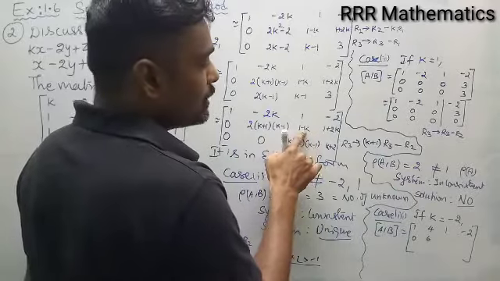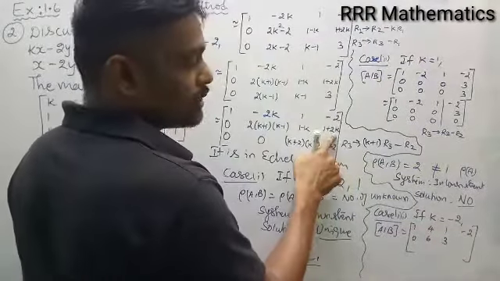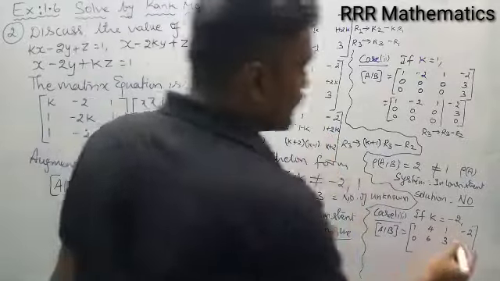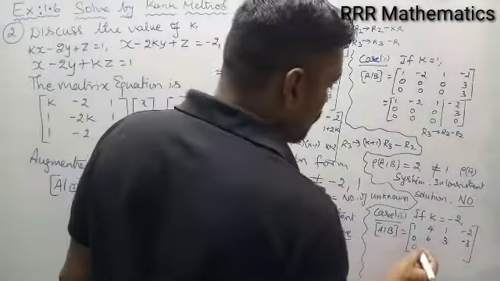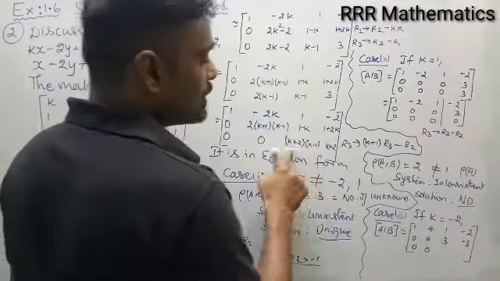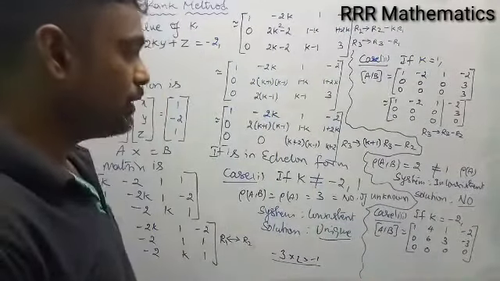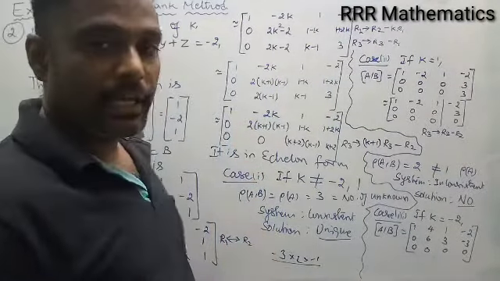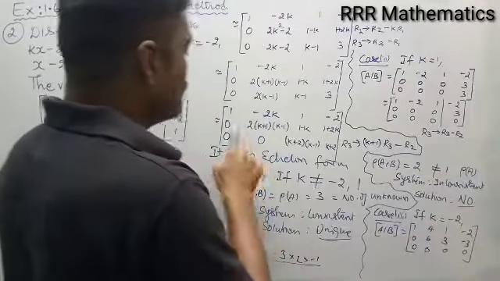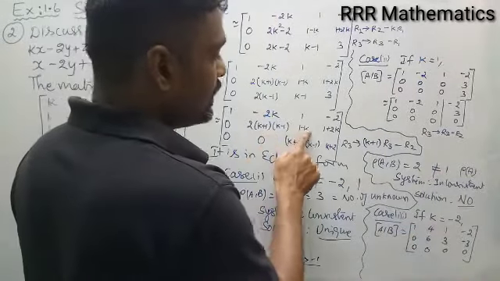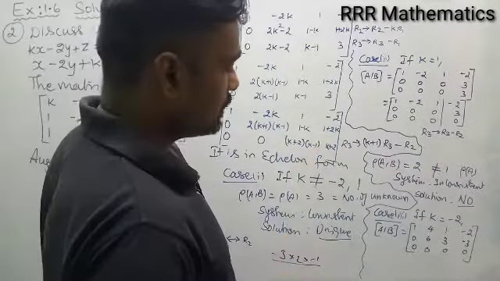1 minus 2 into minus 2, plus 2 plus 1, 3. And this is minus 2. Minus 2 into 2 is minus 4. 1 minus 4 is minus 3. I will substitute here 0, 0. No problem. And minus 2 means this will be 0 and this will be 0. So when you substitute k equal to minus 2 in A comma B in echelon form, I am getting 1, 4, 1, minus 2; 0, 6, 3, minus 3; 0, 0, 0 and 0.